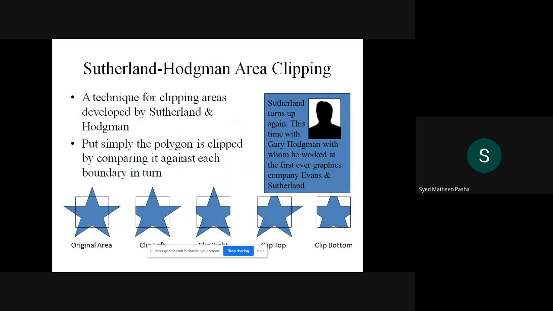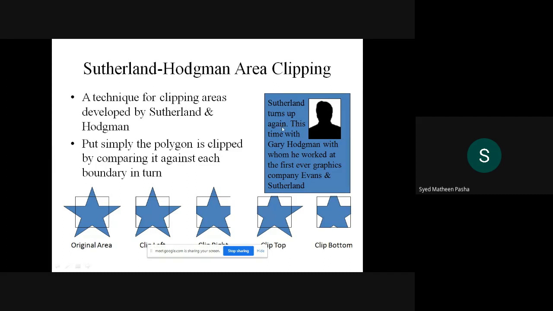So, as the name suggests, polygon clipping and area clipping are almost similar. You can check out a particular area from the polygon that is clipped in polygon clipping. Similarly, in area clipping, a huge amount of specification or area is deleted in the particular algorithm. So let's see what Sutherland-Hodgman defined.